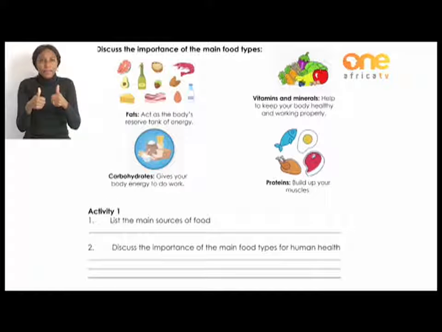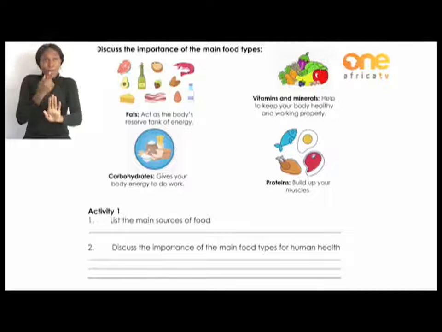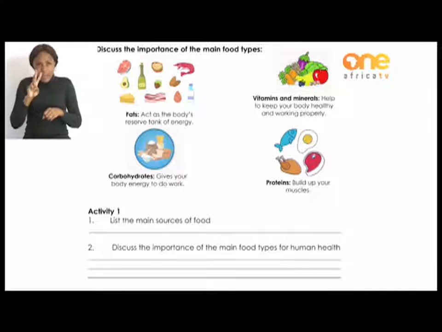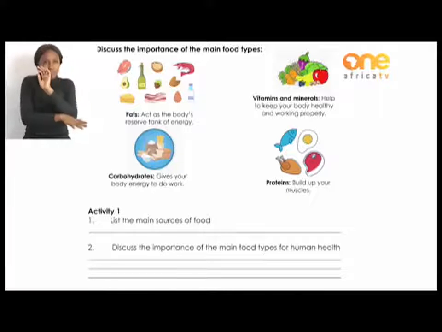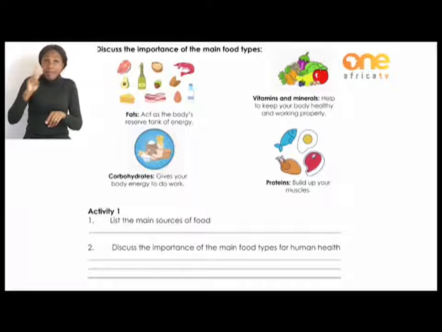In winter time right now, your body needs vitamins and minerals, okay, because they protect your body from illness. But the thing is, we need to eat foods containing vitamins because your body cannot produce them by itself. Okay, so vitamins are found in fruit and vegetables, in meat, in dairy products, and there is even one type of vitamin that you get from the sun. So it is important to play outside as well.